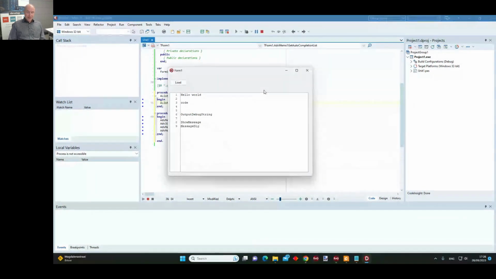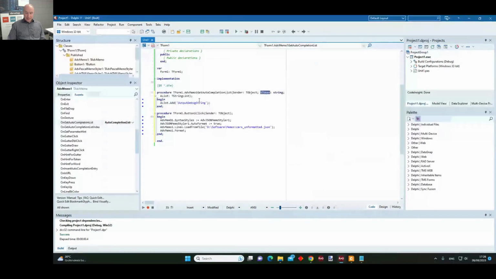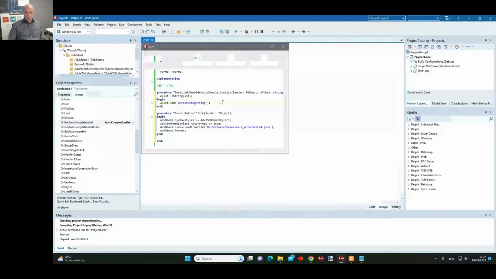You can also see that my output debug string is always appearing. That's very simple because I always add it to the auto-completion list regardless of the token. Normally, I would need to write a function here that checks for the first characters of all the matching strings. This is with respect to code completion.